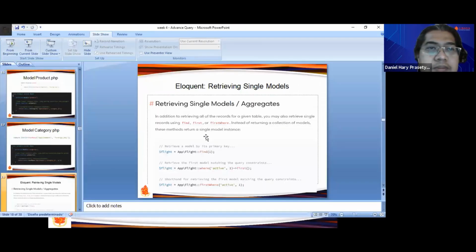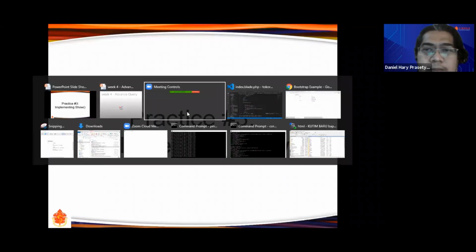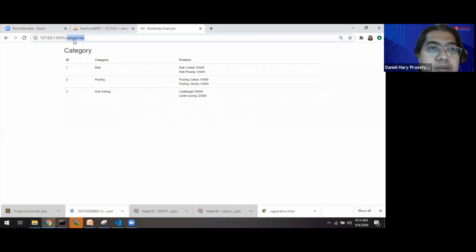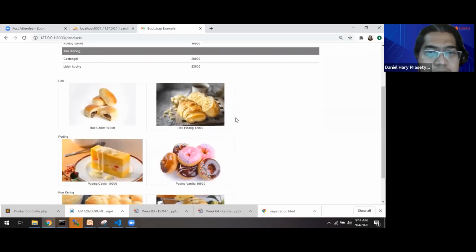Maybe we will check it first in our products, and make the link from here or from here. If we click here, we will move to the show page with the ID as parameter.